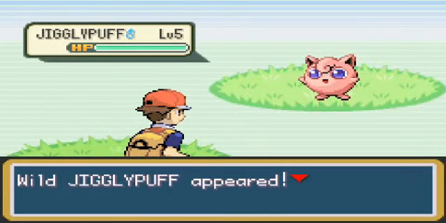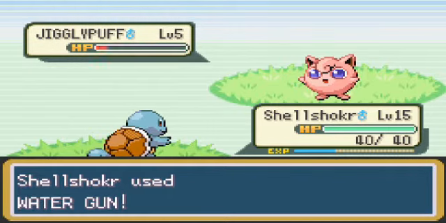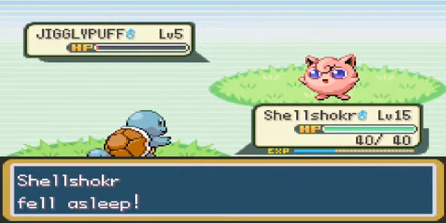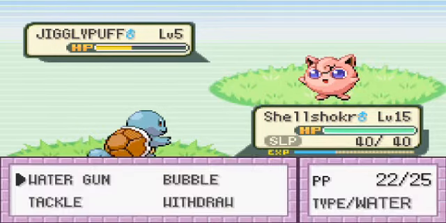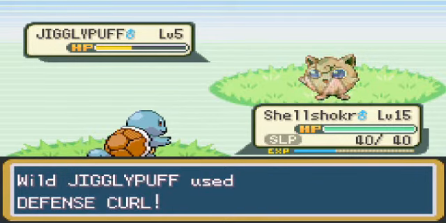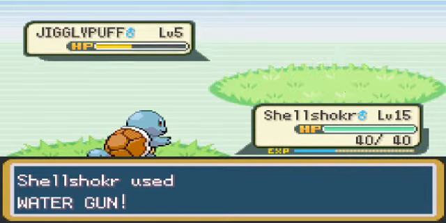It is completely different. Now this right here is a Jigglypuff. It is a normal type Pokemon, and it has the ability Sing, which is really annoying. And as you can see there, it is holding an Oran Berry, which is exactly what will happen with my Shellshocker if his HP gets a little too low. Now the thing with catching a wild Jigglypuff,